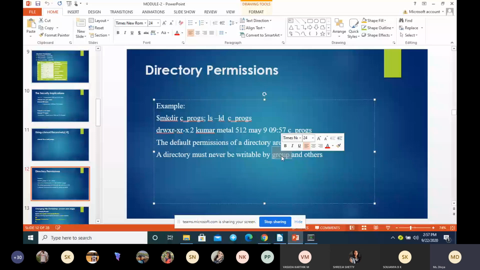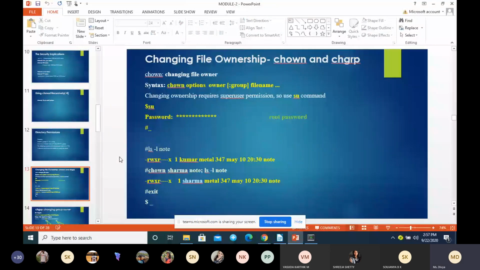According to directory permission security, directory must never be writable by the group and others. So we are done with changing file permissions, the two types, relative and absolute, and directory permission is also done.